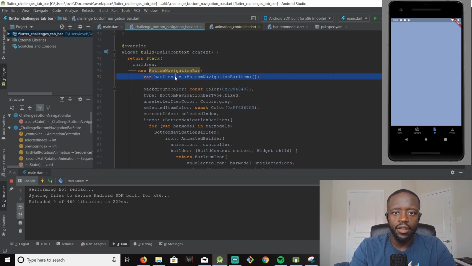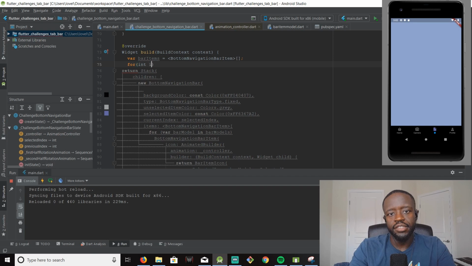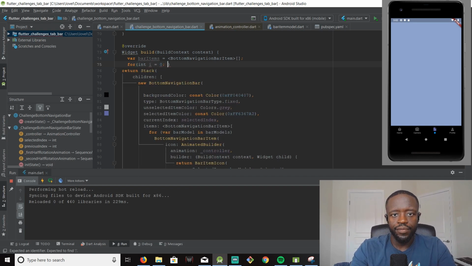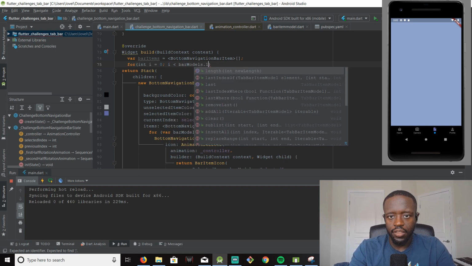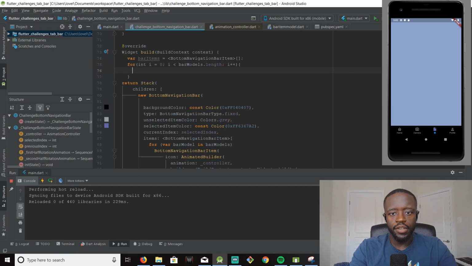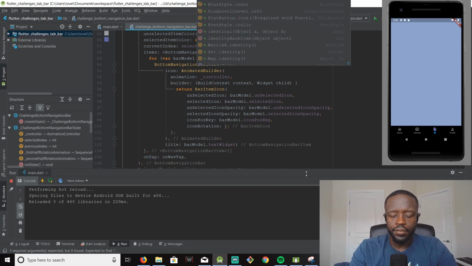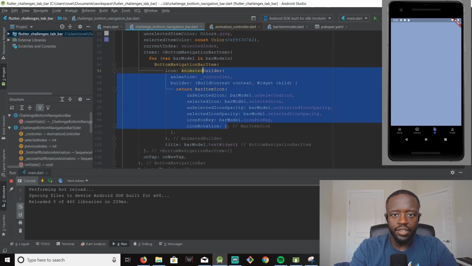And then we say for int i equals 0, int i less than bar models dot length, i plus plus, and then we're gonna say pretty much, hold on, let me copy that, and then we're gonna say this pretty much,